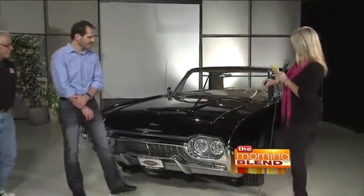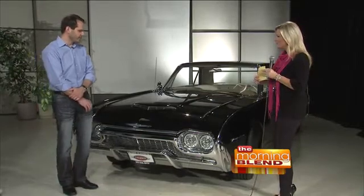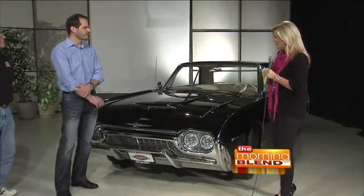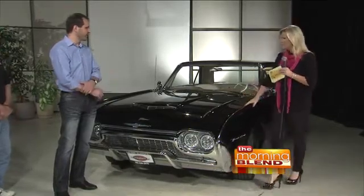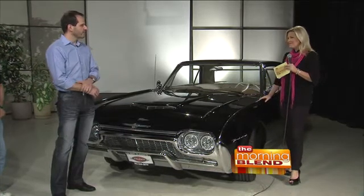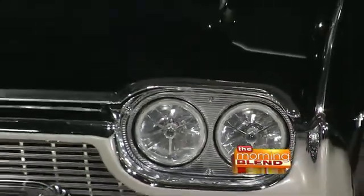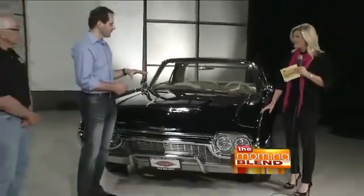Okay, so Steve, what did you do? Tell us a little bit about this car. This was a neat project for our company because we do restoration and service on classic and antique cars. We were able to put all of our talents to work on this car. It was a car that was owned by one guy all the way up until '88. It was painted one time since it left the factory. It still has all the original interior in it, so we were able to preserve the interior, preserve the older